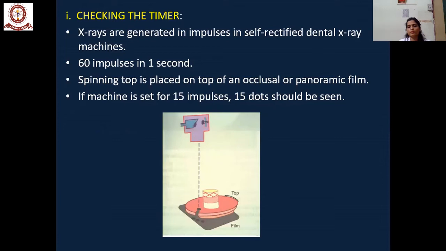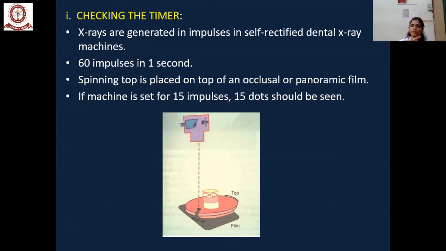Because the timer, we keep an impulse-based timer setup, because 60 impulses count as 1 second. We can check whether the rotating timer of self-rectified dental X-rays has a proper mA setup and timer setup. So we should check with the spinning top test.